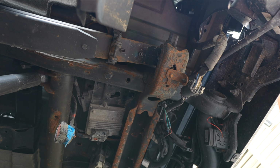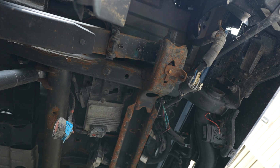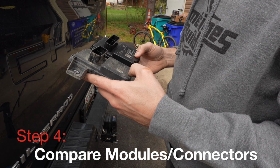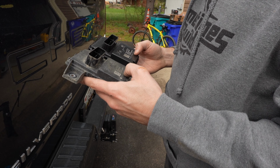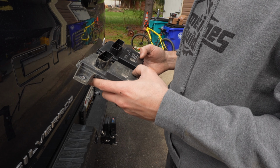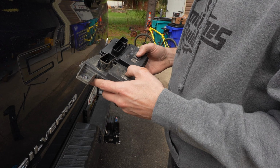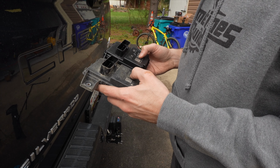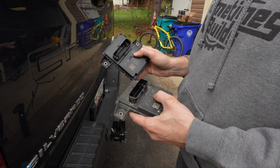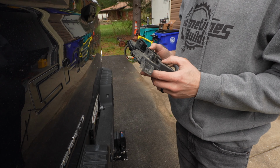Let's see. The connector on this looks fine. Part number 01359016AC, 13AA, 1354, 1355. Huh. Interesting. It's manufactured by Hella. Interesting. Hopefully it works since it's not the...